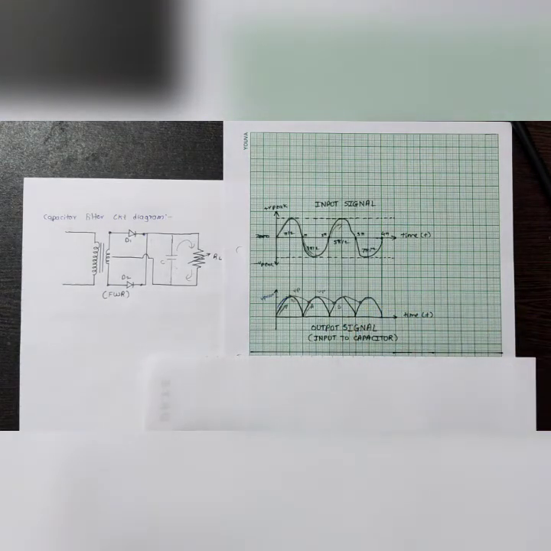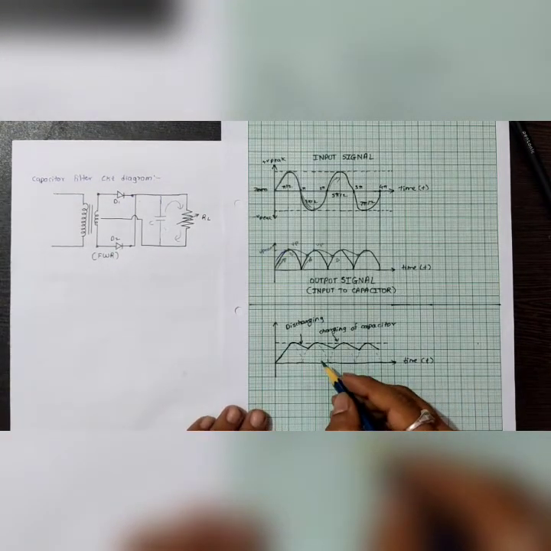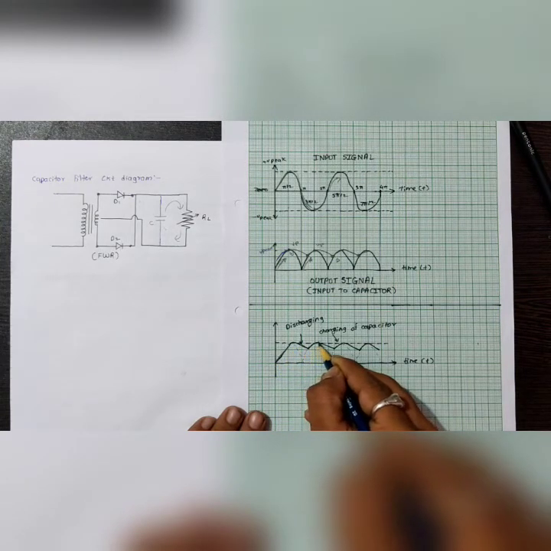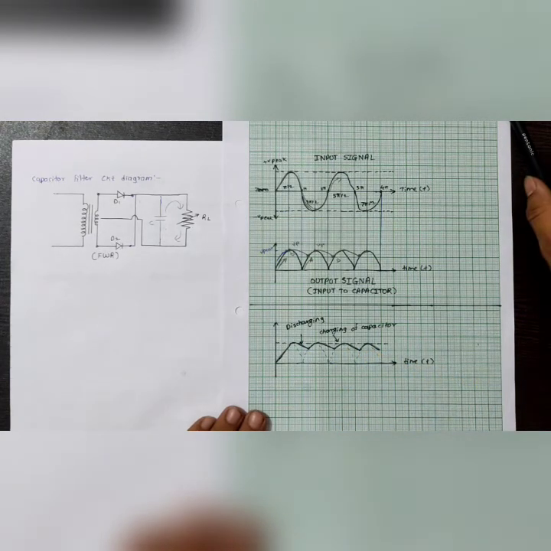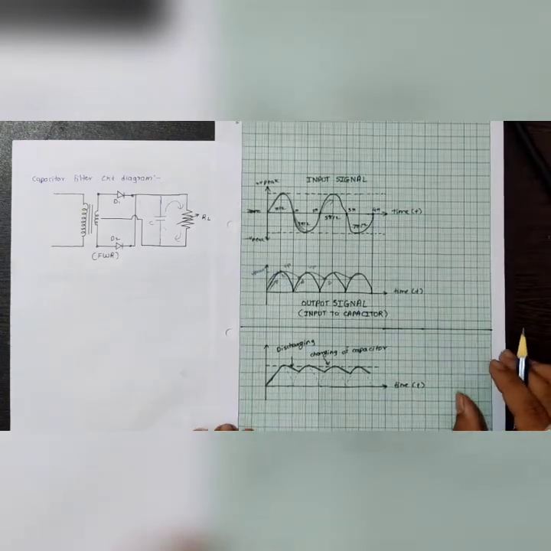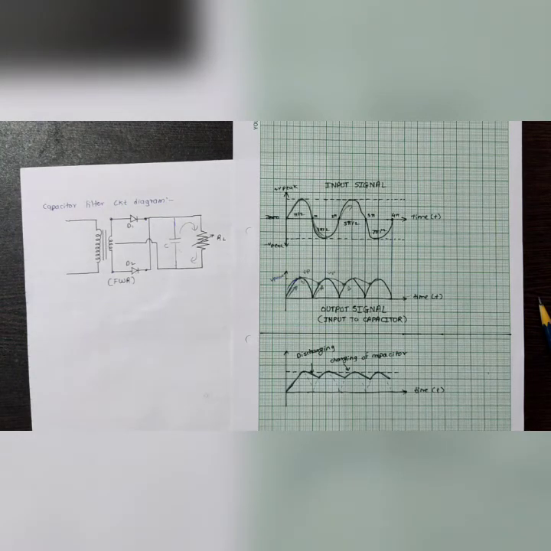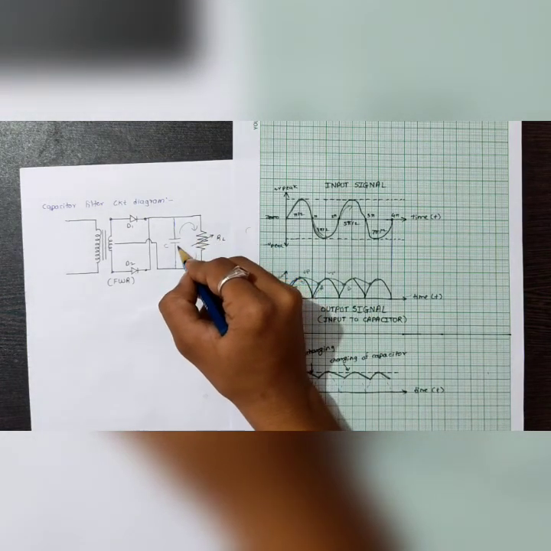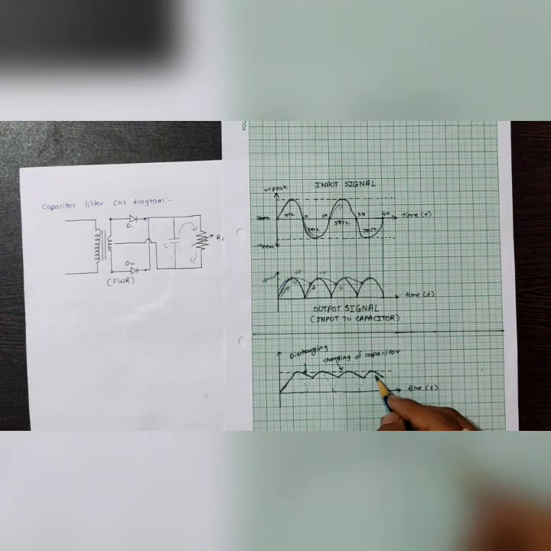At the end, we get the output voltage, that is the output wave, like this. This is not pure DC, this is a pulsating DC output which is due to the capacitor filter connected to the full wave rectifier. The conclusion of this part is, when we connect the capacitor parallel with the full wave rectifier circuit, it acts as a filter which gives us pulsating DC as output. That's it.